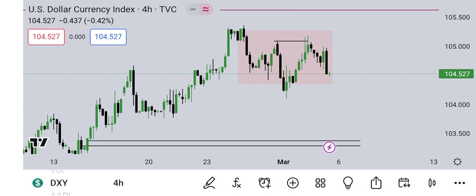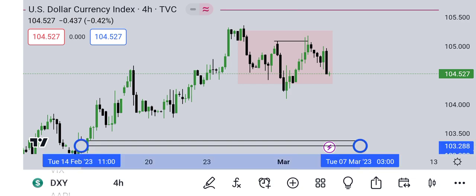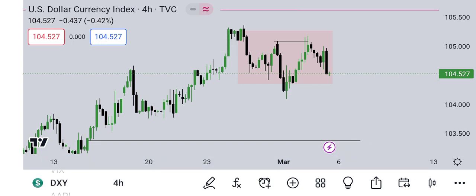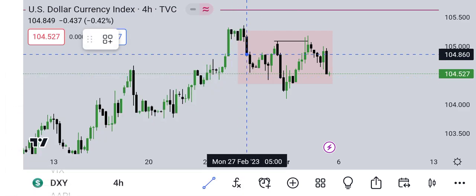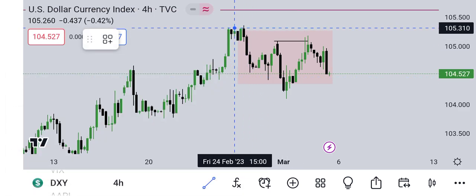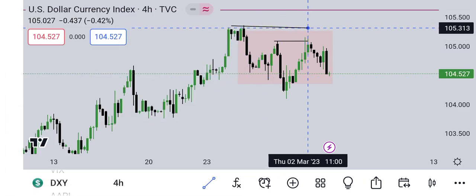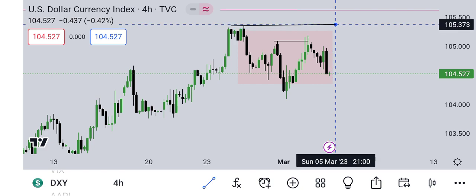So we can see both. Now we can see buy side, we can see sell side, because it's currently being held in consolidation. And whenever the market is in consolidation, it means that there's liquidity up and there's liquidity down. Do you understand? So at the top of this consolidation there will be liquidity.